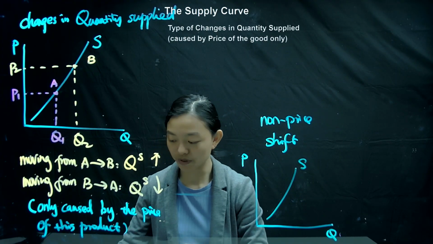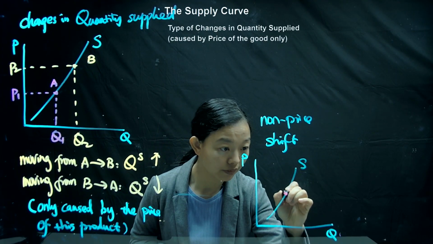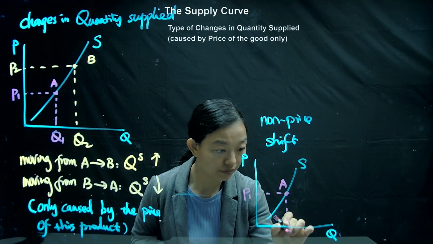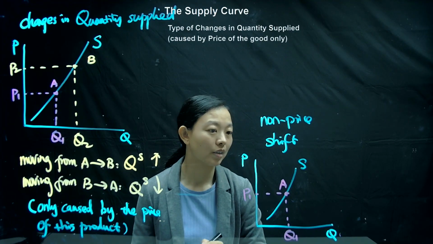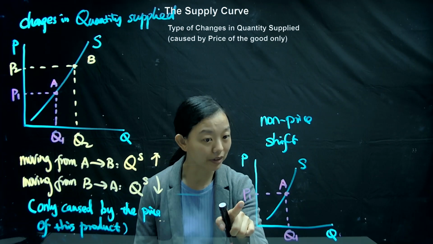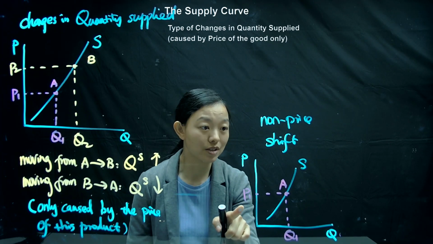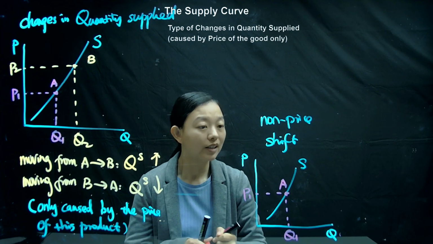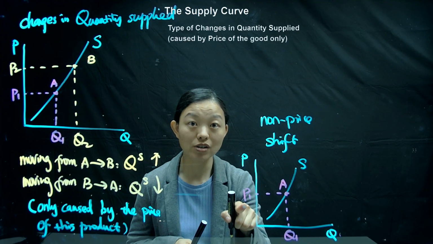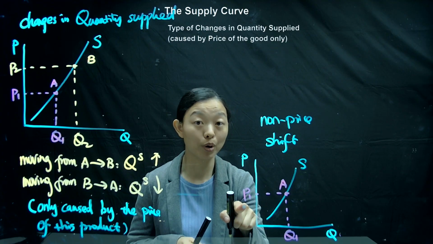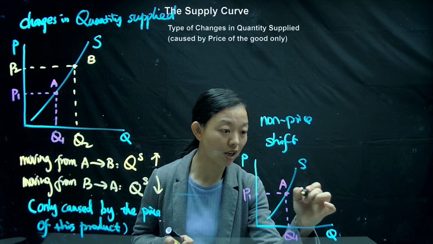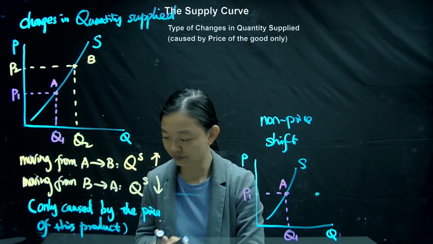I can mark 1 point on the supply curve. Nothing changes in the price of this product. However, because now the cost of production decreases, even if the market price doesn't change, the sellers might find it more profitable to sell more products, right? So even though the price doesn't change, because of the cost